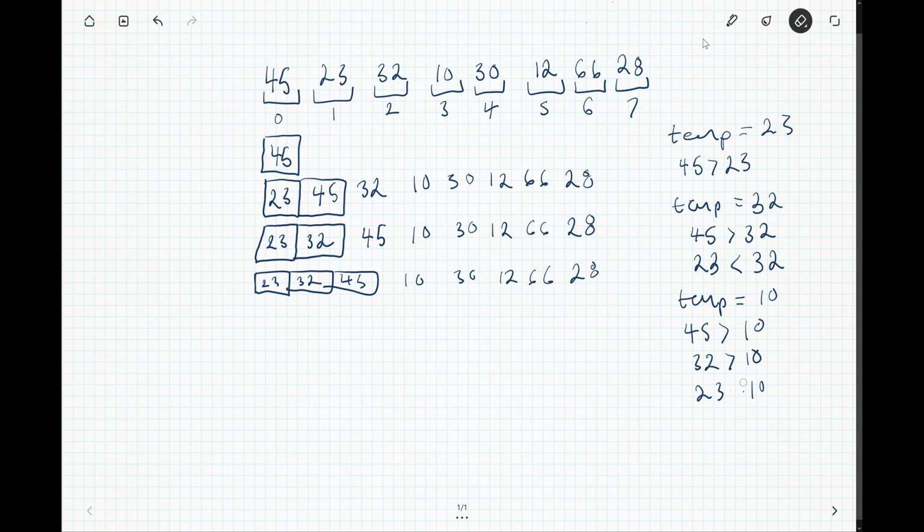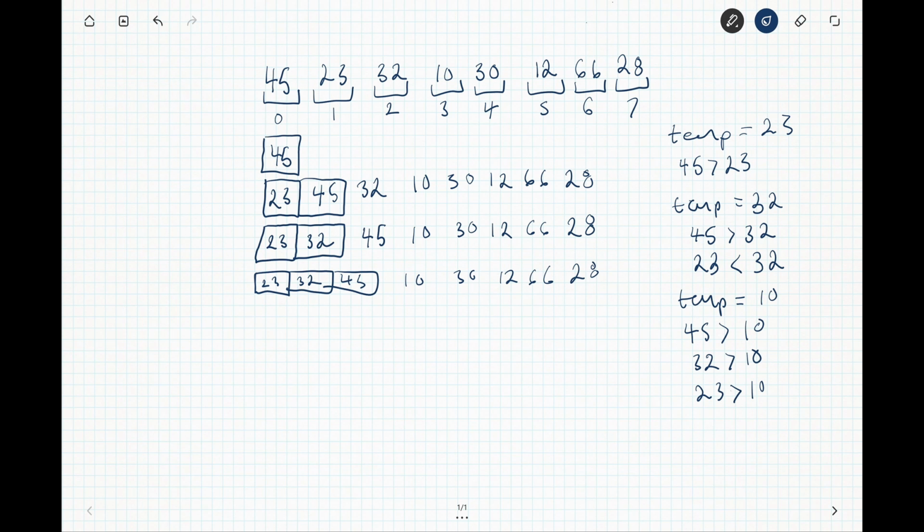Oh, made a mistake. Is 23 greater than 10? Well, yes, it is. So as we go through this procedure, we're going to constantly check and see if the element is greater than the adjacent element, and then if it's less than the adjacent element. Because if it's less than it, we want to insert it before that element. So we're trying to squeeze in the element between its range. So for example,